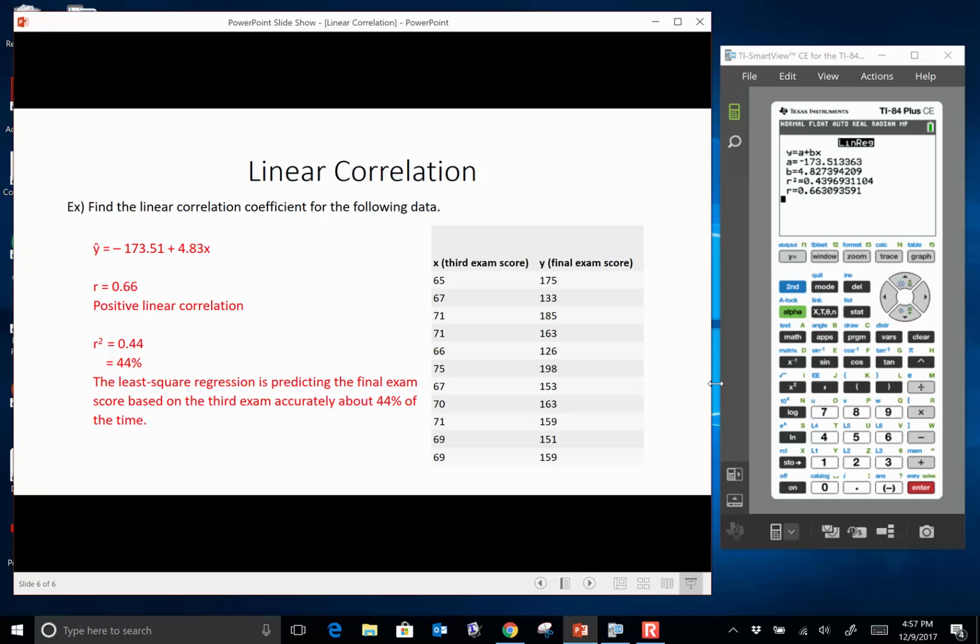The least squares regression line is predicting the final exam score based on the third exam accurately about 44% of the time. I don't know if that's all that good. In other words, yeah, the third exam score does help us predict the final exam score, but it's not really all that accurate. If you flip a coin, that would have better accuracy than using the third exam score. So this is how accurate the least squares